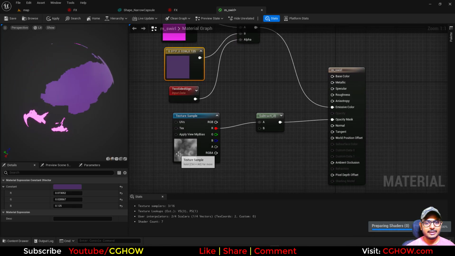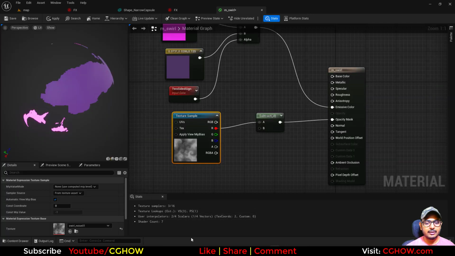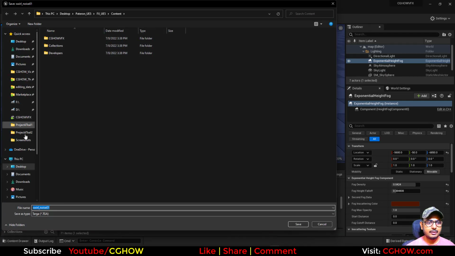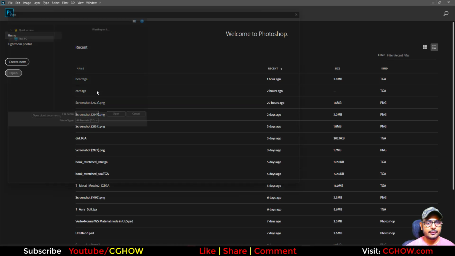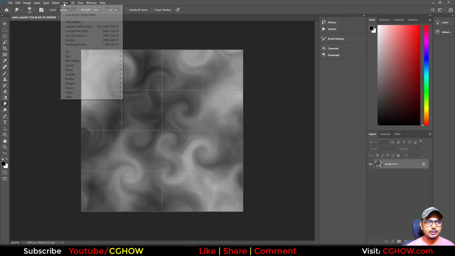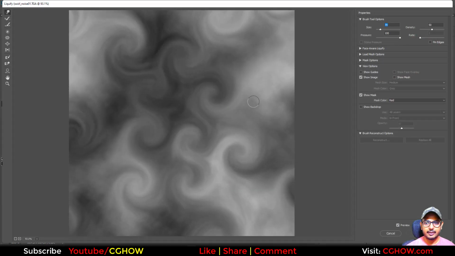Okay. So this texture has too much noise. I don't like it. So it should be a little smoother. So if I export this texture, because this is my old texture, I want to edit it. Desktop, swirl noise, and in Photoshop, let it open. I'll open that texture in Photoshop, swirl. And we don't have swirl here, so I want that first. So go to liquify,